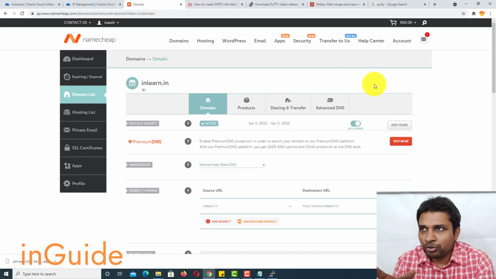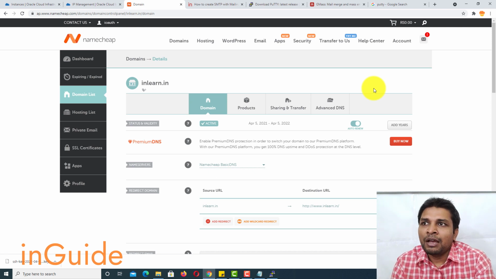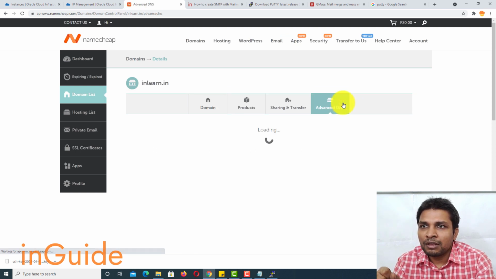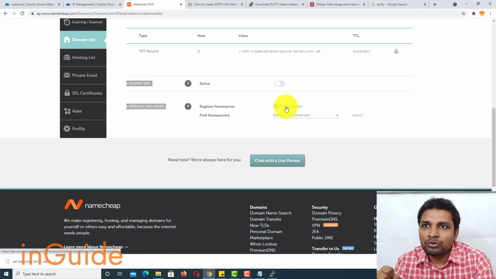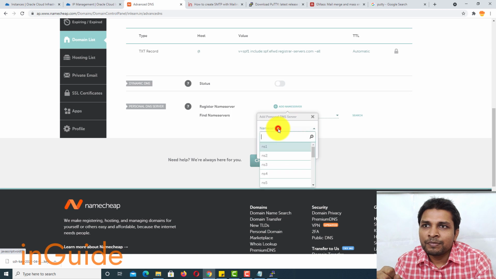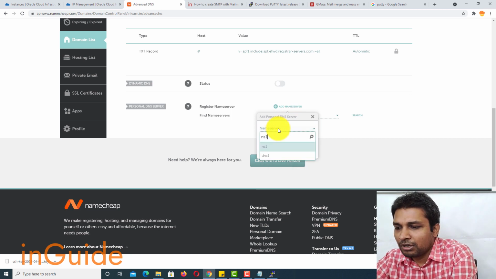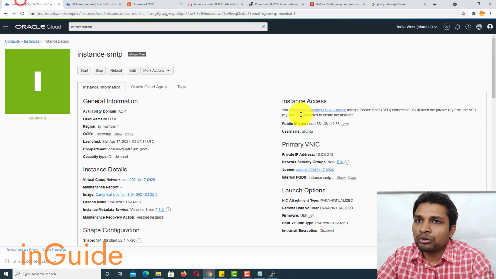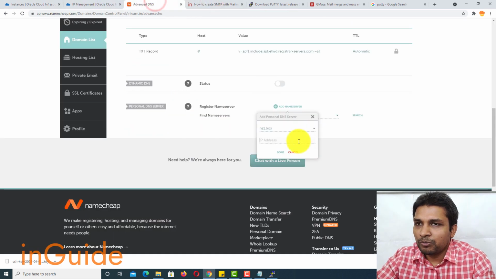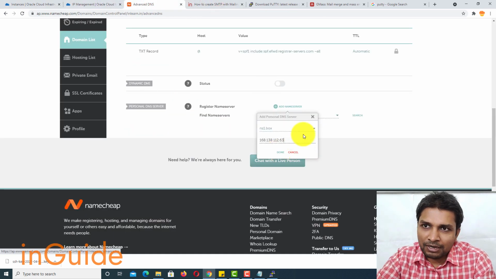When you log into your domain registrar, whether it's Namecheap or GoDaddy, in GoDaddy you have to create host names, and in Namecheap go to advanced DNS, and in advanced DNS here you have to click on add name servers and then type ns1.box and then the IP address. So this is the IP address. Now you have to paste it, and after that click done.